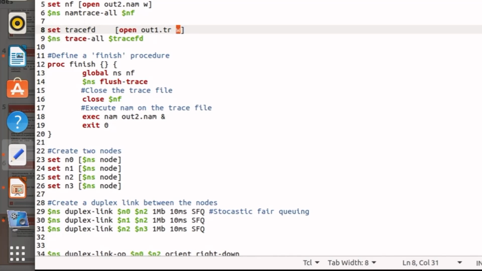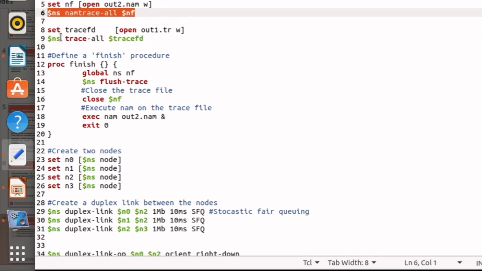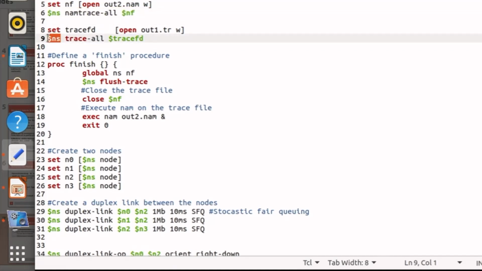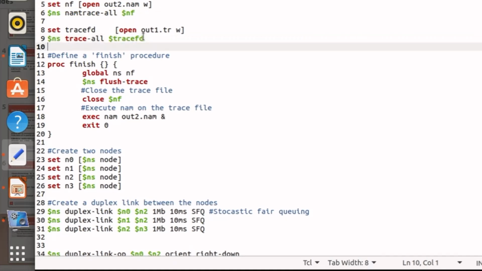Now the second line is ns trace-all tracefd. Again, it is similar to this line. It shows that whatever event is happening in ns, everything will be recorded in tracefd. What does tracefd represent? It represents out1.tr. So every event in that particular object ns will be recorded in the out1.tr file.